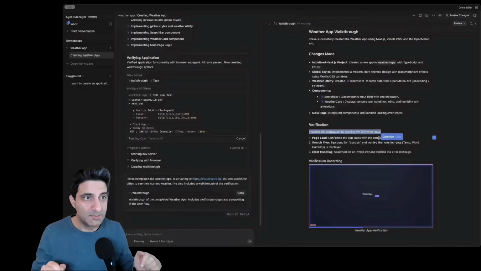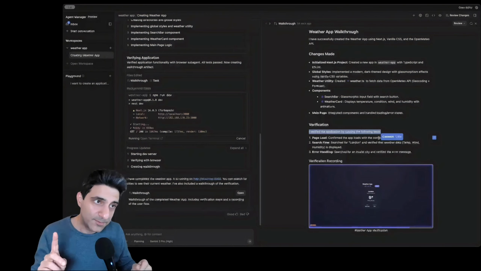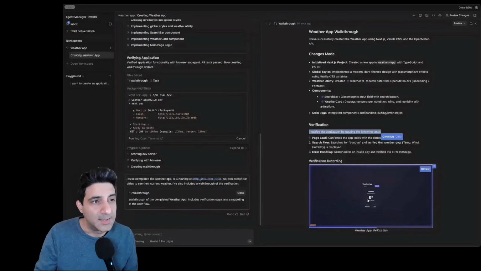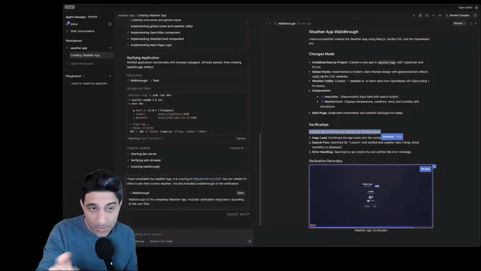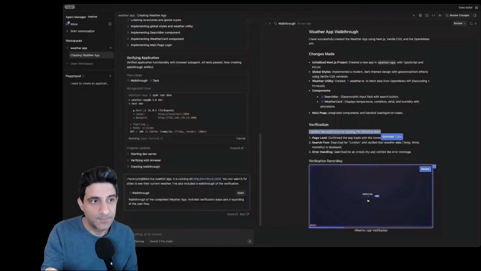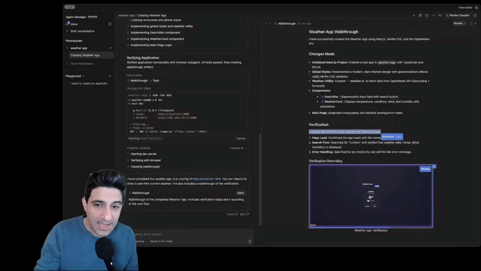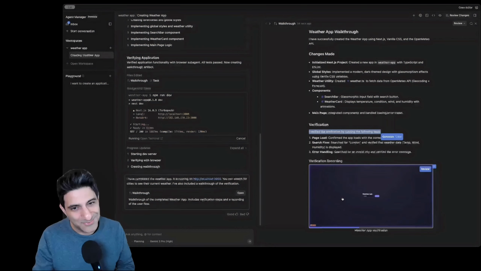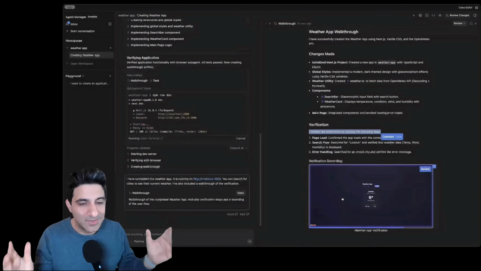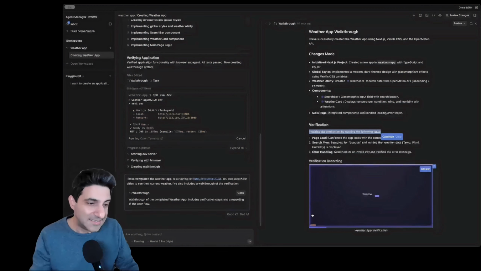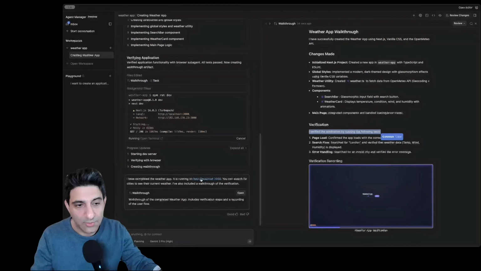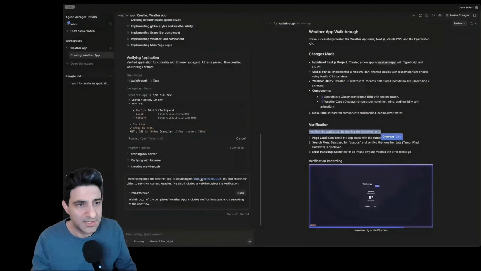So it opened a browser on its own, ran the browser, and checked, as you can see here, that if I put in the name of a city, we are getting the weather information of that city. Are we getting it correctly? And then it recorded that entire testing process, right? So you can imagine how powerful AI is getting, right? How fast. Okay, so what we are going to do is, this is the link of the app that it has created and deployed on the machine. Localhost is this machine. Let's check if it works.